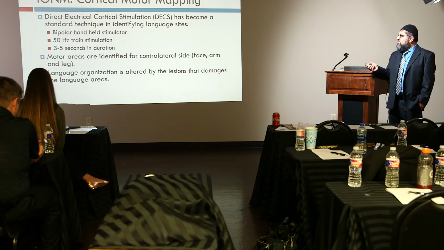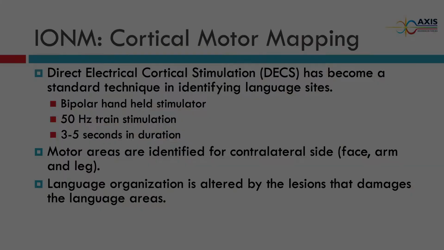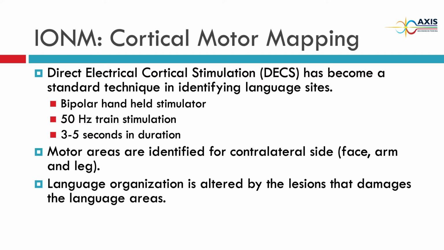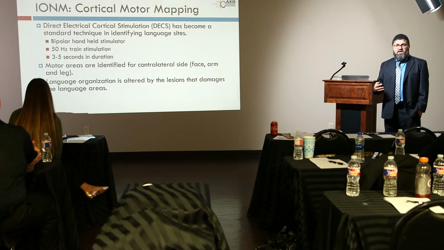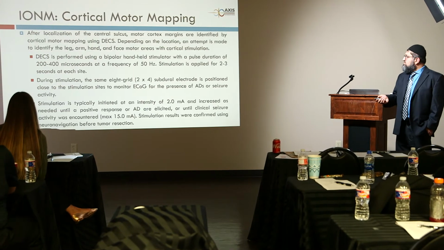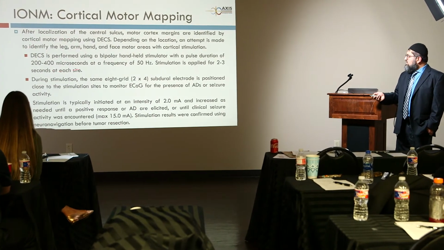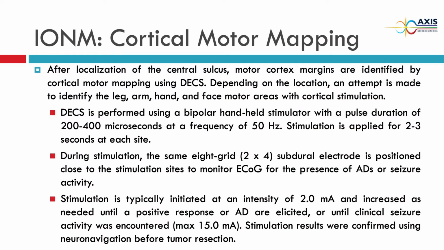So in order to confirm the motor area, we have to stimulate the motor area. And there are two different types of methods. One is fast stimulation, one is slow frequency, high frequency and low frequency. The old Penfield method is slow frequency, 50 Hertz stimulation for 3-4 seconds, but it has a very high risk of seizures. And now the new one, the Taniguchi method, is high frequency. So the Penfield method is 200-400 microsecond pulse width, stimulating at 50 Hertz for 2 to 3 seconds, up to 4 seconds, and looking for responses.